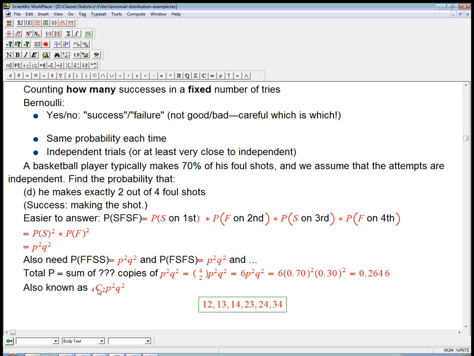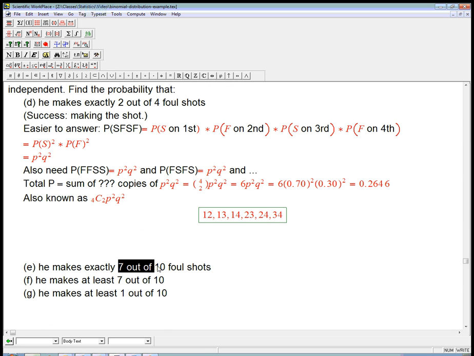Okay, so in this case, we could just brute force it. We could just list all these guys. Okay. In the next example, it would be much harder. Okay. We've got 10 slots to fill. So the numbers 1 through 10. And how many ways can you pick 7 numbers out of 1 through 10? It's a lot more, and I wouldn't want to have to try to list them. Okay. So